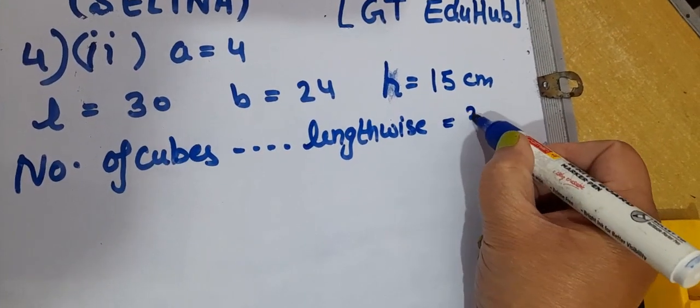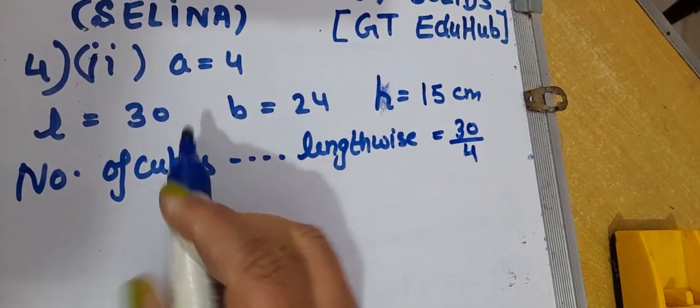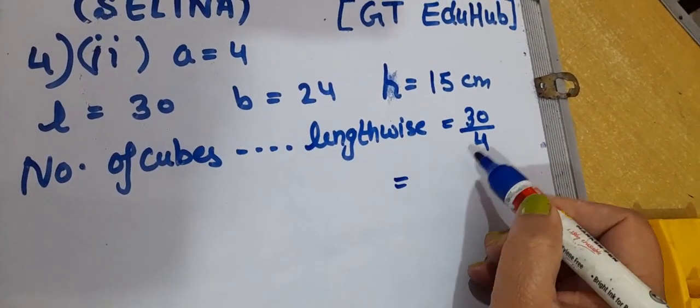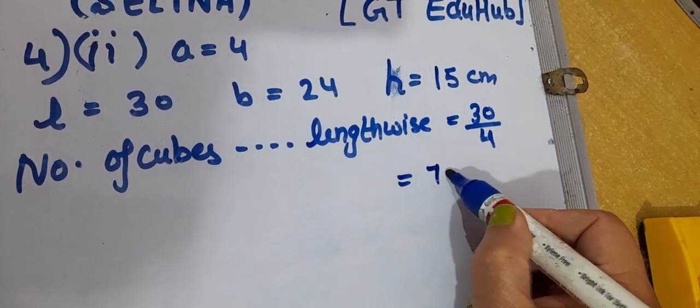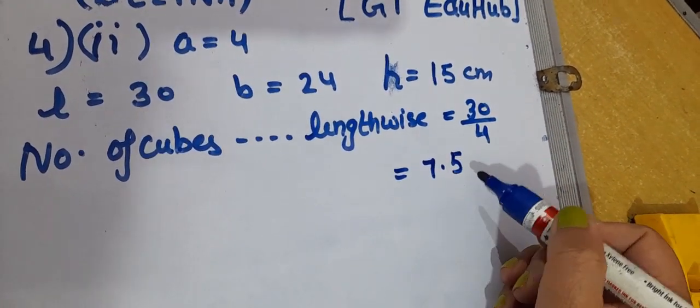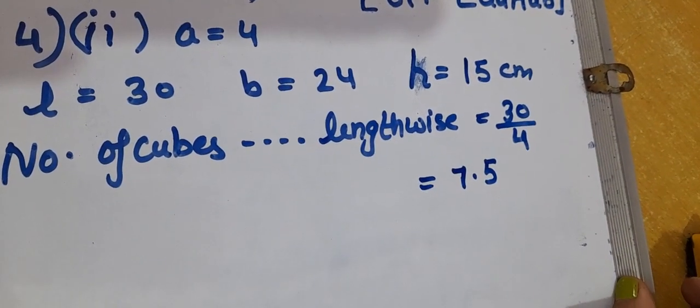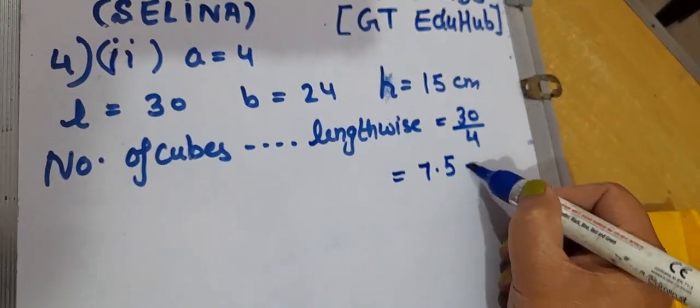It will be 30 upon 4. Length is 30, edge of each cube is 4. So convert it, you get 7.5, and we know that 7.5 cubes are not possible to be placed, so we will take the whole number